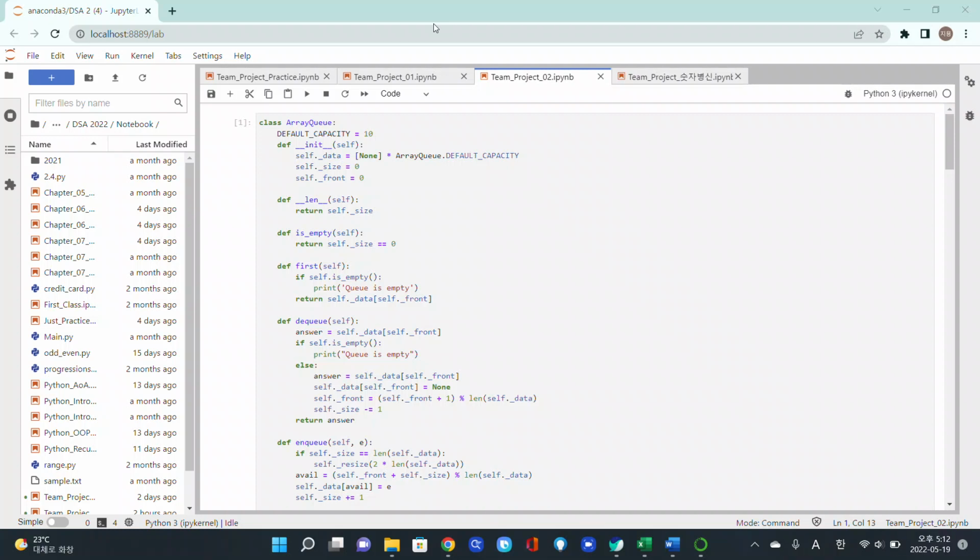Professor, our team tried coding to implement a system for store inventory management. Coding for array Q was presented to apply functions related to Q learned in class. Then a class called goods